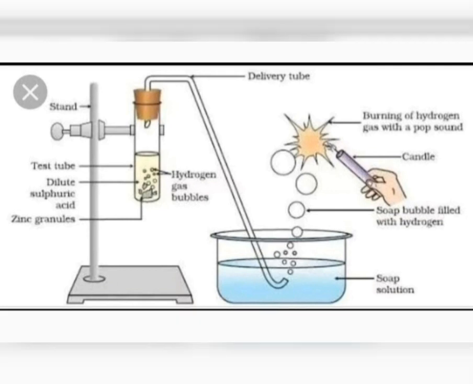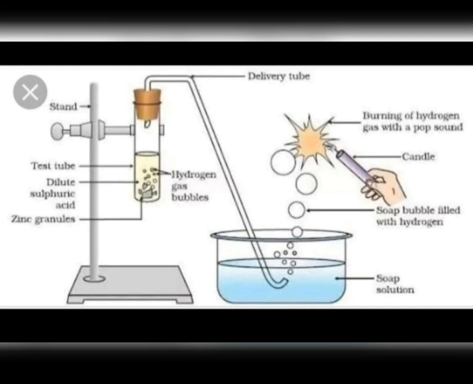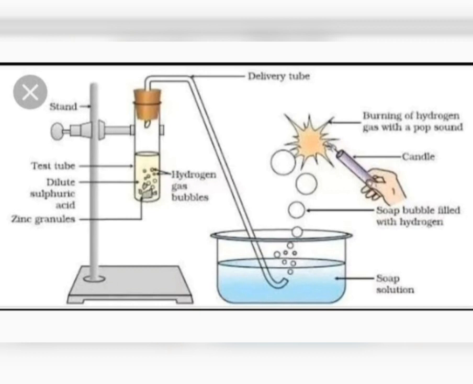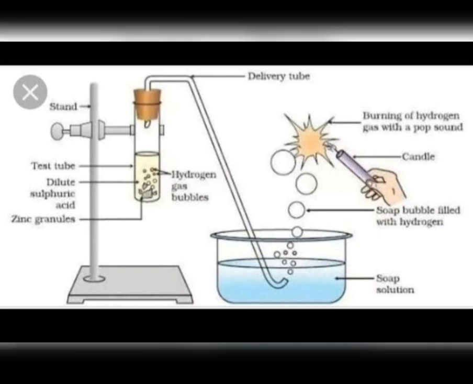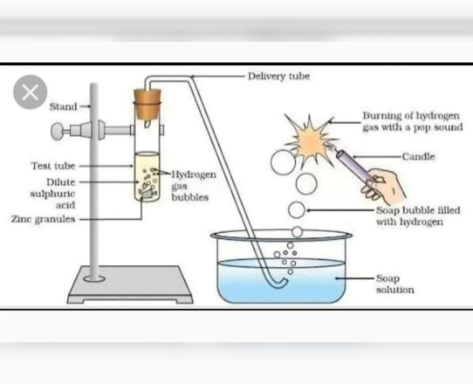And in fact, if we touch that flask or that test tube with our hand, we'll find that it is somewhat hot. So change in temperature, a rise in temperature, also occurs in this chemical reaction. So what I mean to say is that the chemical reaction between zinc and dilute sulfuric acid is characterized by the evolution of hydrogen gas. So this reaction shows us that during a chemical reaction, gas can get evolved. Okay, so this is the reaction which is characterized by evolution of a gas.